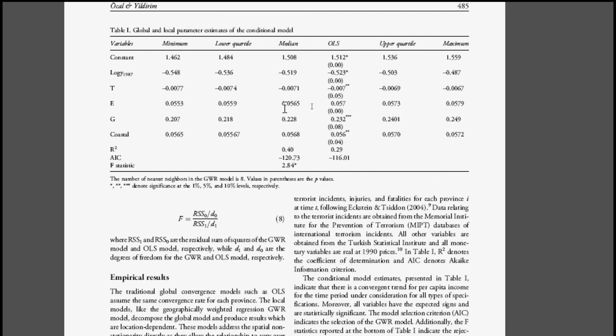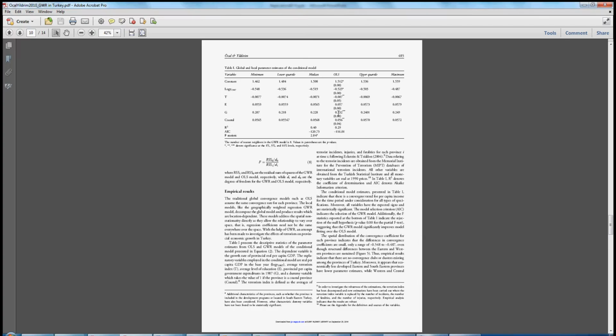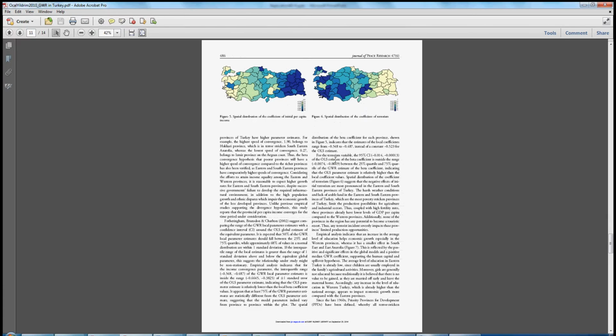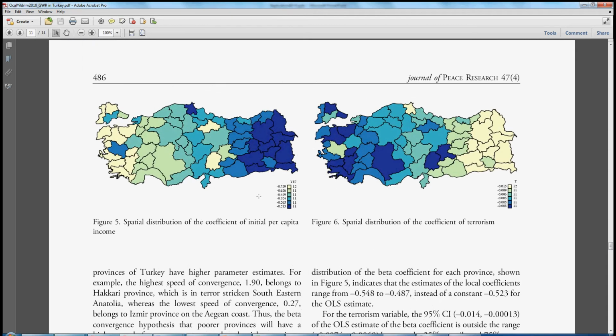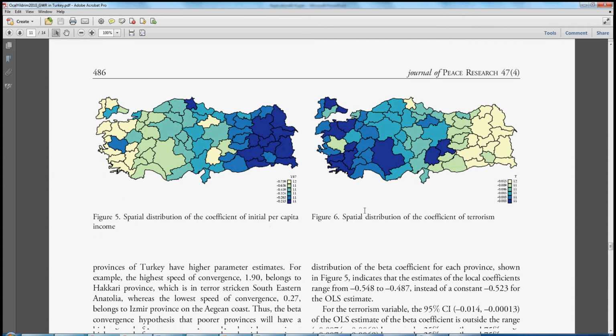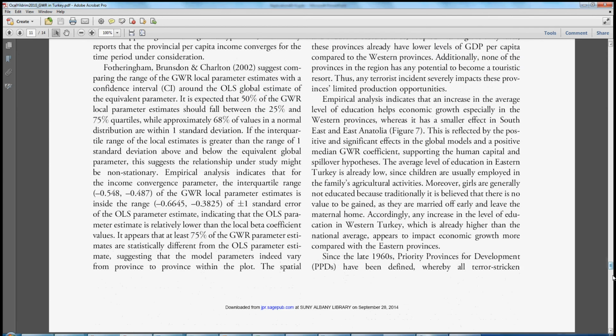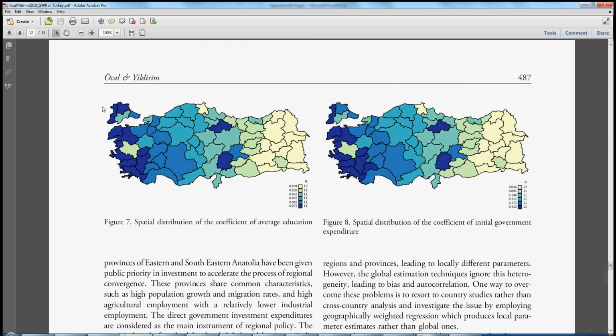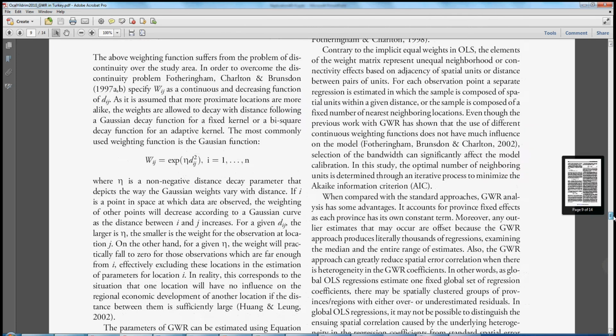And then we want to reproduce the local coefficients, the maps of local coefficients. So here you see the local coefficient of the base per capita income, one of the main predictors, the local coefficient of terrorism on the right, and then in the next set of maps on the next page, we see the local coefficient of education and the local coefficient of G, or government expenditures. So we want to reproduce all of these maps and discuss them in relation to the rest of the other